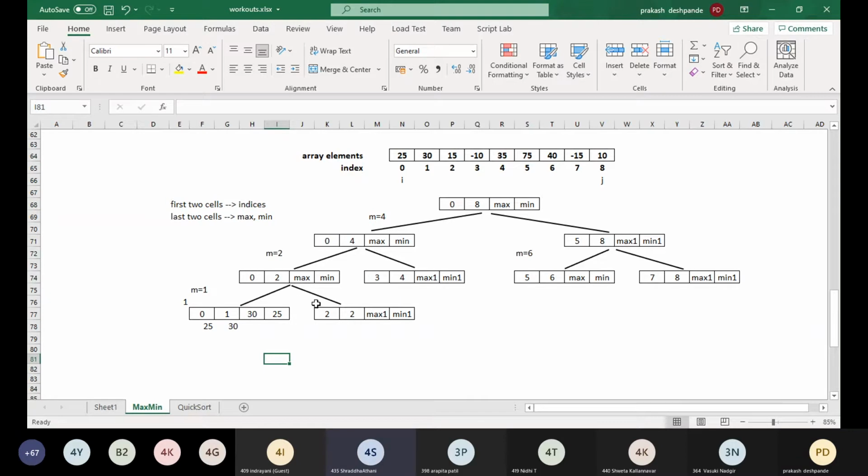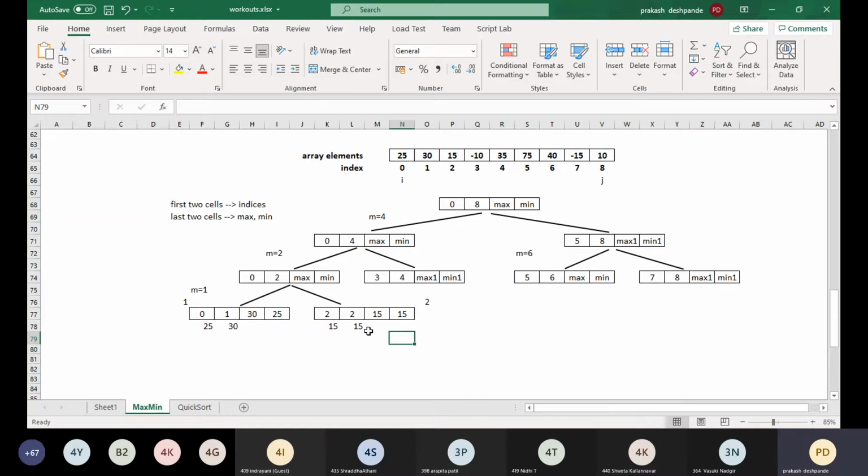The right hand side, with the indices values 2 and 2, has to be solved. So here I will write it to be a 2. That means this will be solved next. So at the index 2, we have the element 15 and the other element is also 15 itself because it is the same number. So between this, the max and min will be the same value. So both max 1 and min 1 will be having the same set of values. Now, once we have these small problems solved, we need to go further to the top level. Now, which one do we need to solve?